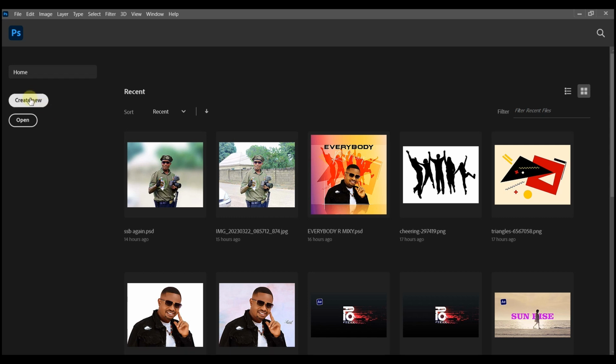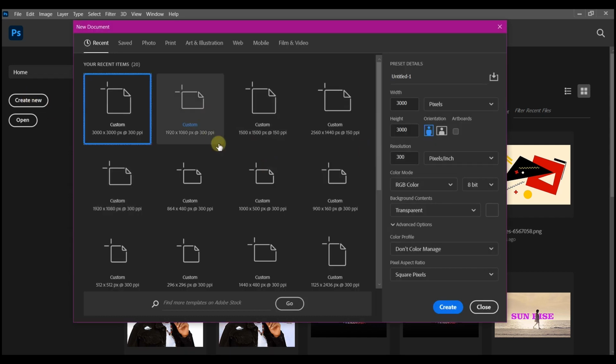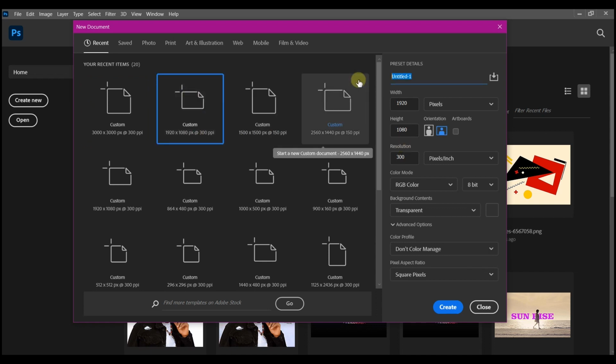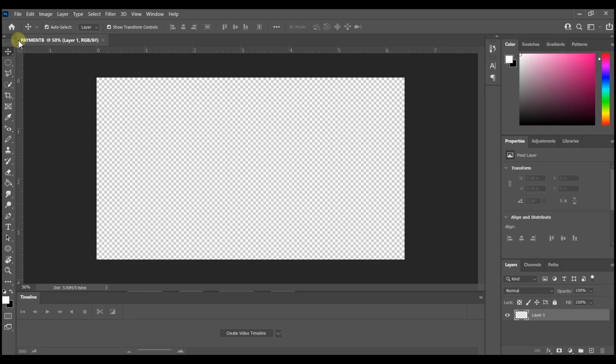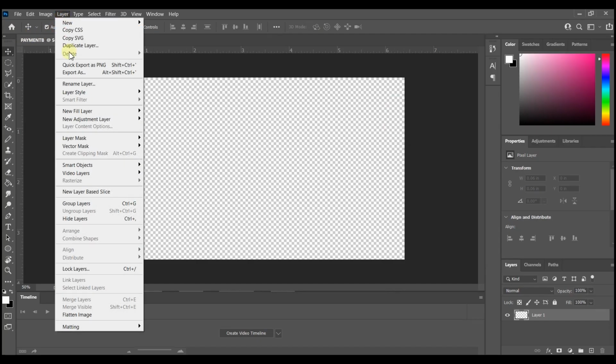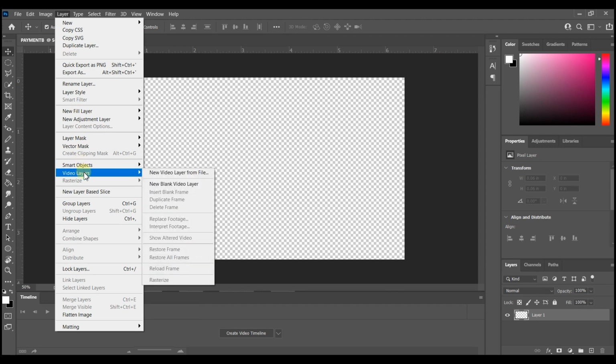So go to create new, then I'm going to select 1920 by 1080 custom. Make sure you name it to whatever you can remember. Then you hit create. So you go to layer, then you go down to video layer, then new video layer